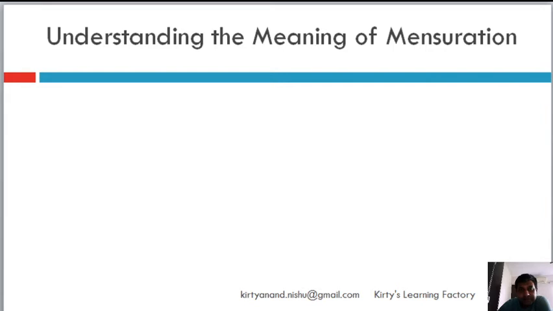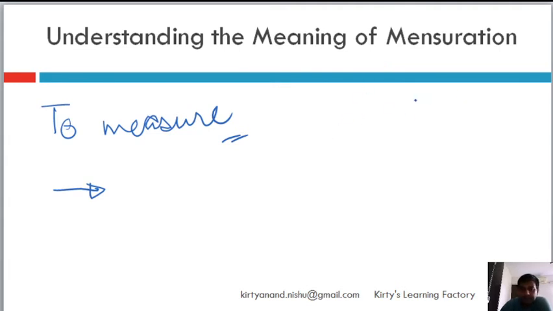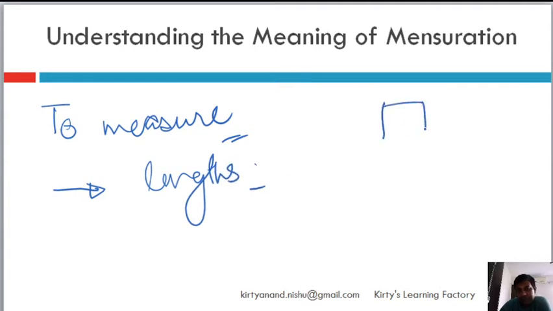So the meaning of mensuration, as I told you, is to measure. That's it. What do we measure generally in geometry? It is a part of geometry only, but in geometry we see the shapes and all. Mensuration talks about measurement of some of the geometrical aspects. So we will measure lengths. Lengths of what? For example, there is a square. What can we measure? We can measure the length of a side. In a square we know all the four sides are equal. We can also measure the length of the diagonal. So we will measure lengths.